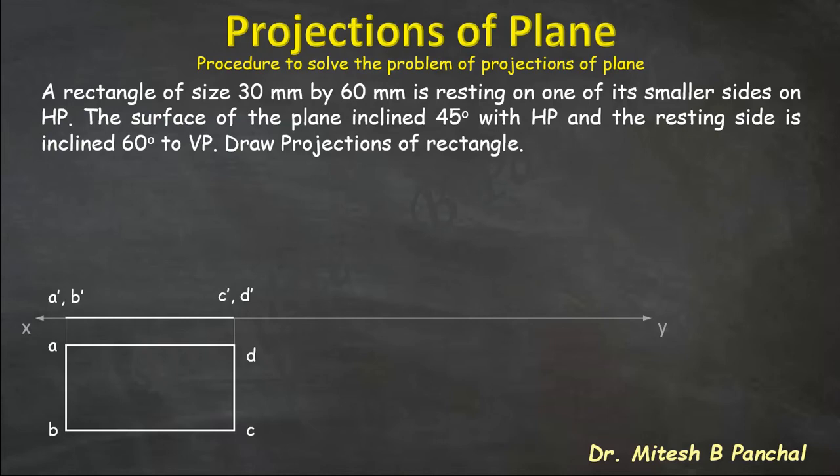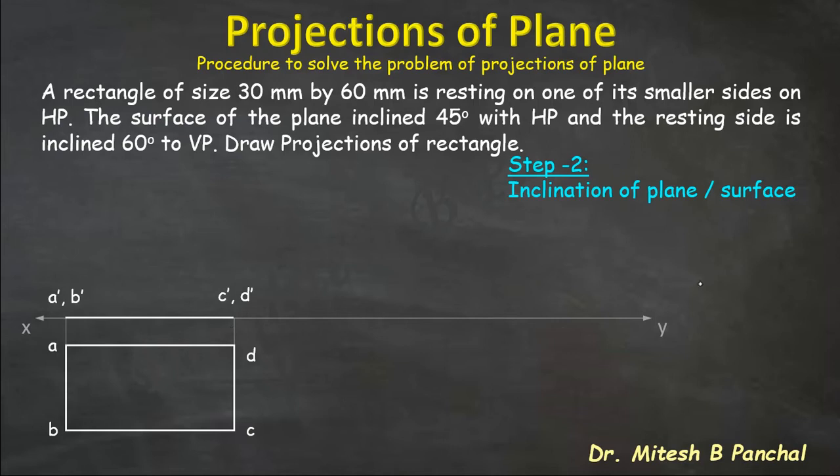So in the second step, we have to consider the inclination of the plane or inclination of the surface. This is nothing but the second possibility of the plane with respect to HP and VP that we have already seen. So here the two answers will be apparent shape and line view inclined to XY. We know that in both the steps, the first step where the plane is parallel to HP, and the second step when we are giving the inclination to the rectangle with respect to HP, in both the cases, the length of the line view will be the same.